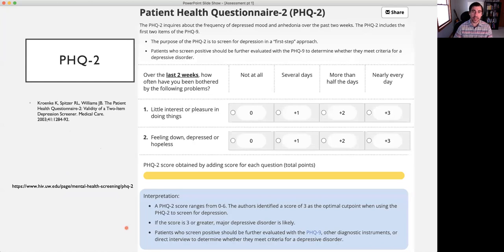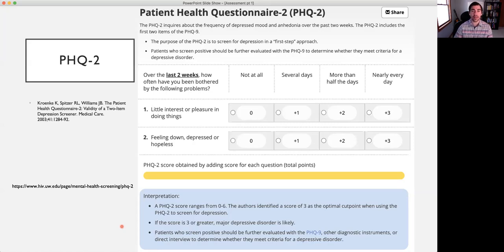So I just wanted to point out a couple of examples of screening assessments, and your book does a nice job of talking through a few examples of screening questions that may happen for depression and anxiety. But I wanted to point out a couple of evidence-based assessment measures that you can find online really easily. You can Google these and check them out if you want more information. The PHQ-2, the Patient Health Questionnaire 2, is an example of a validated screening questionnaire for depression. When I say validated, what that means is that there's some research evidence to support its use for screening for depression.